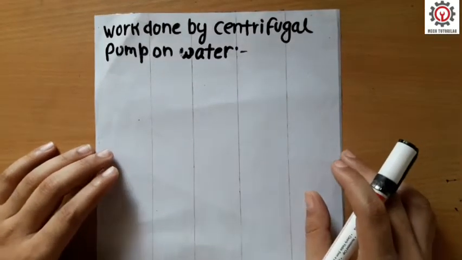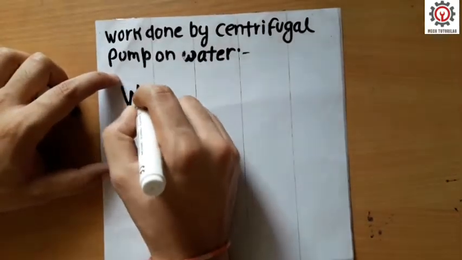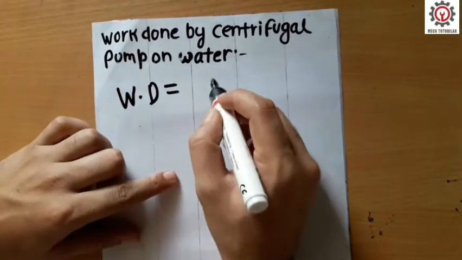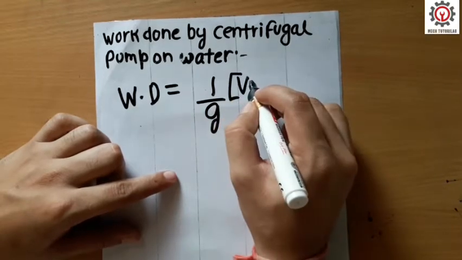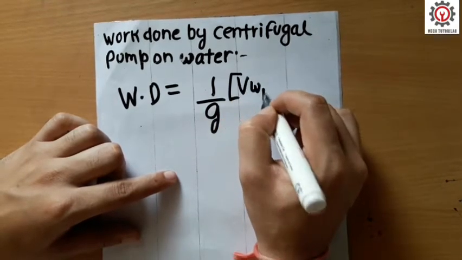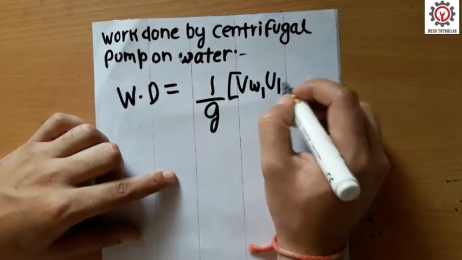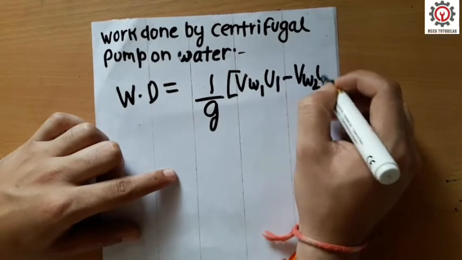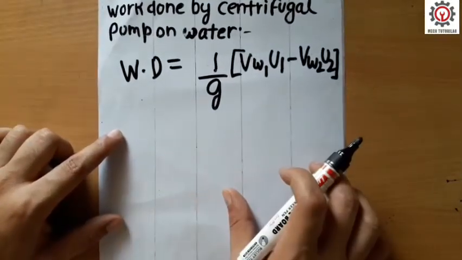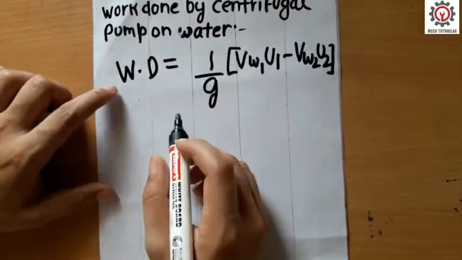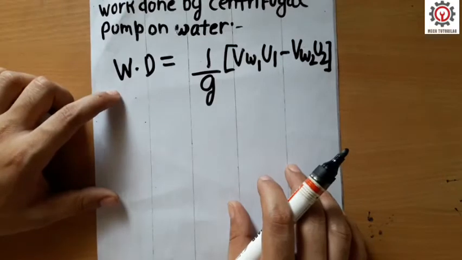So we know the expression for work done for the inward flow reaction turbine. The work done expression is 1 by g, V_w1 U1 minus V_w2 U2, where V_w1 is the whirl velocity at inlet, V_w2 is the whirl velocity at outlet, U1 is the tangential velocity at inlet and U2 is the tangential velocity at outlet. We know that the inward flow reaction turbine is the reverse of the centrifugal pump. So work done